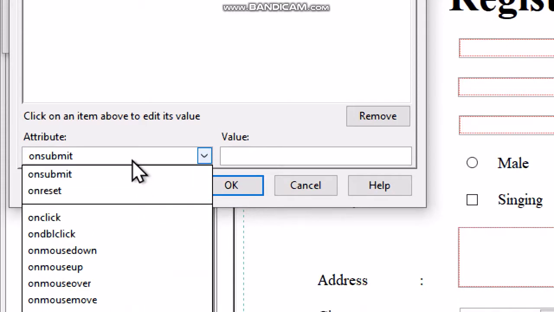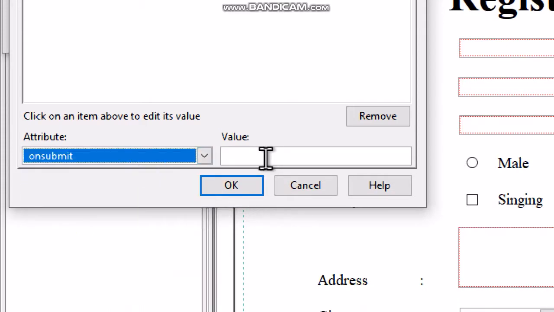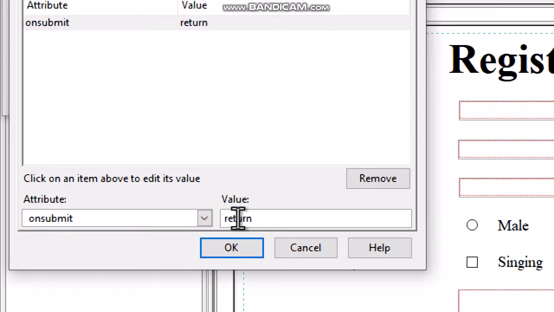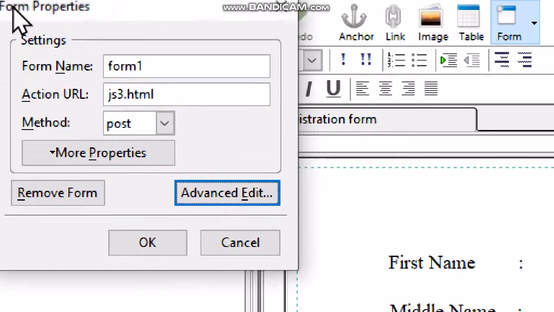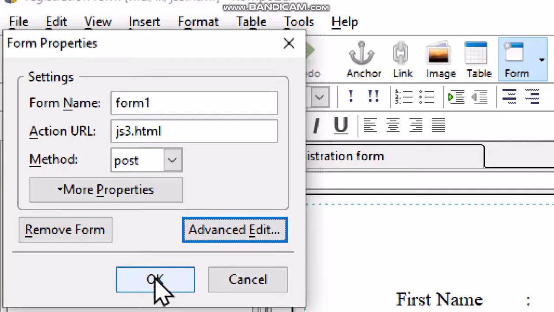On Submit. Under the Value option, write return validate form and press OK. Again click OK on the Form Properties dialog box.